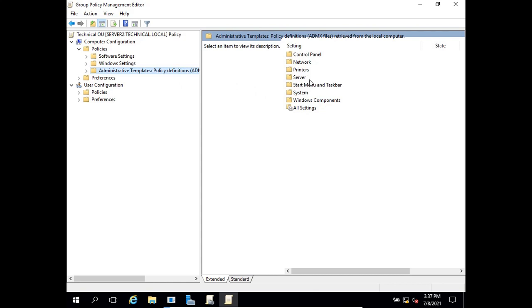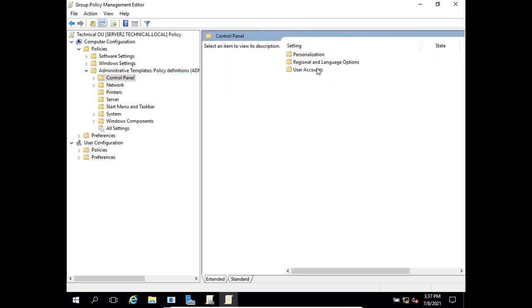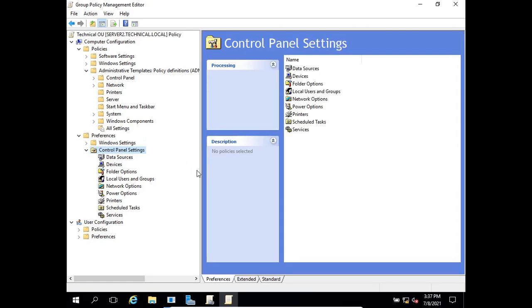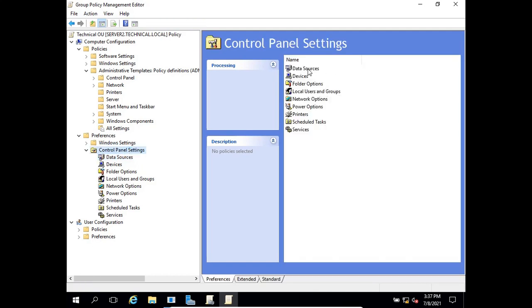Now, control panel. Control panel settings. Very good. This is where I'm coming. Now you can say I'm at the control panel settings. Now in this place you can do a lot of things. This control panel settings, you can